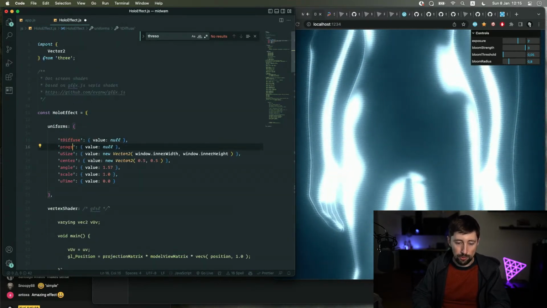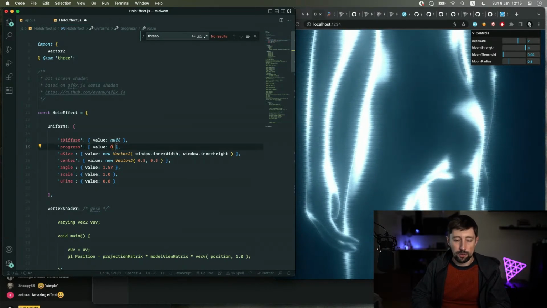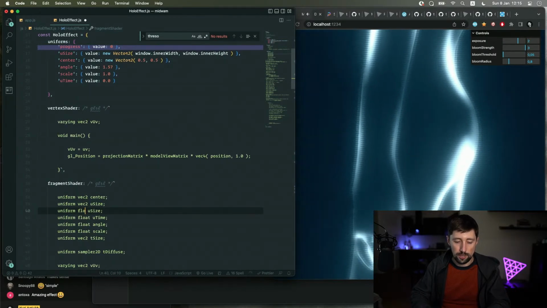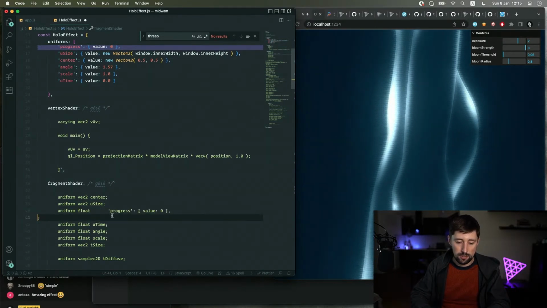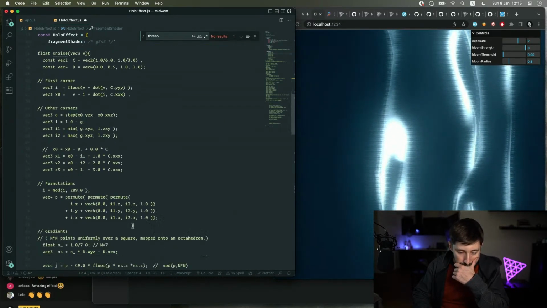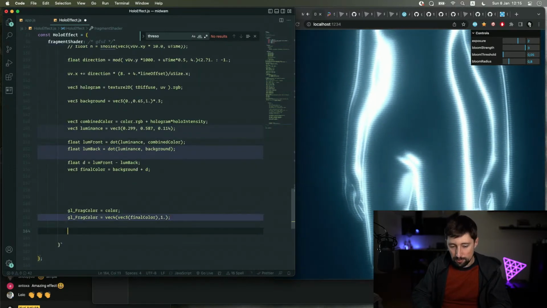So we can go from the original scene to this scene. So by default, the progress is gonna be 0. Gonna have the progress here, and in the end, instead of outputting this, I'm gonna